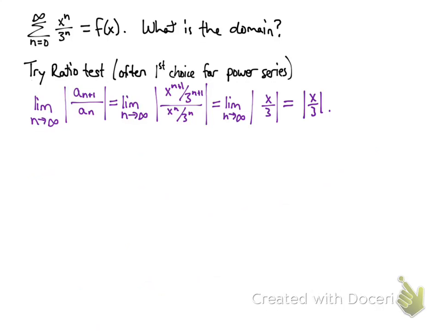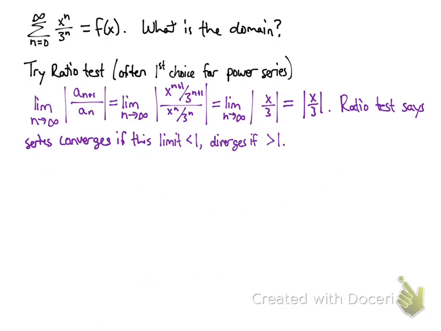And what does that mean? Well, the ratio test says if you compute this limit, the series will converge absolutely if the limit is smaller than 1 and diverge if the limit is greater than 1. That means we have two possibilities. The series converges if this limit, absolute value of x over 3, is less than 1, which we can algebraically rearrange to the absolute value of x is smaller than 3,